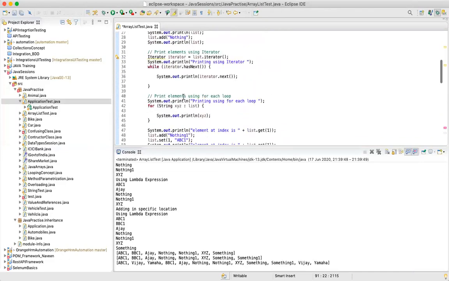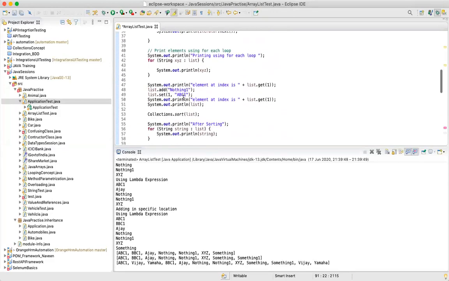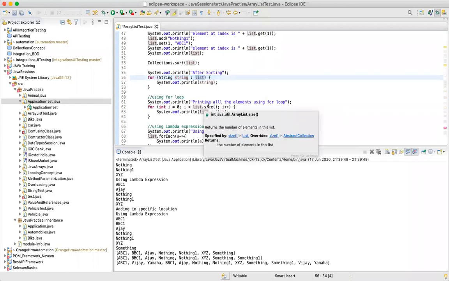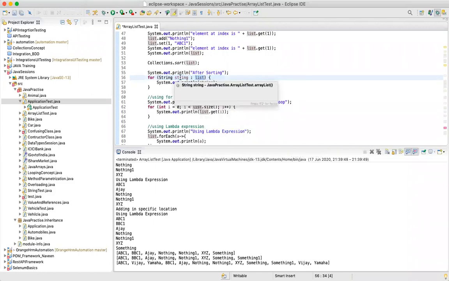Printing a list iterator. So what I'm trying to say is, for each of the elements in the list, I'm storing that particular element into a string. Now, since I haven't defined the data types, this particular list can contain integer, string, character, boolean, anything, right? And I'm planning to store these values into a string. This might give you a runtime error.